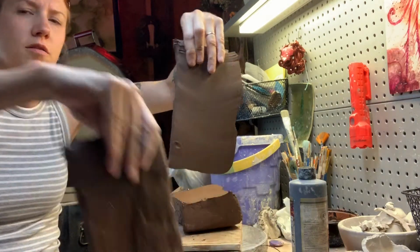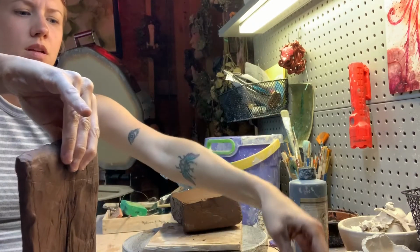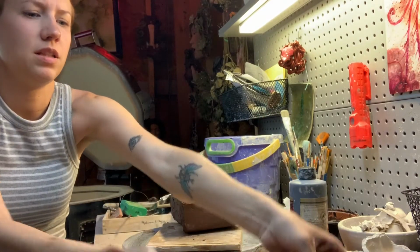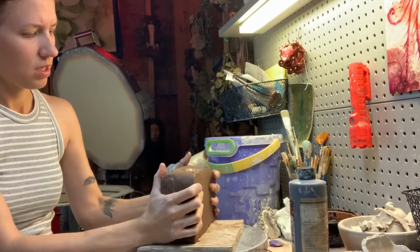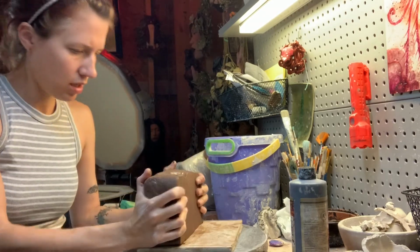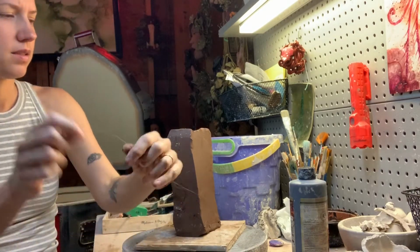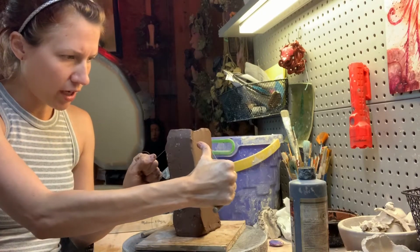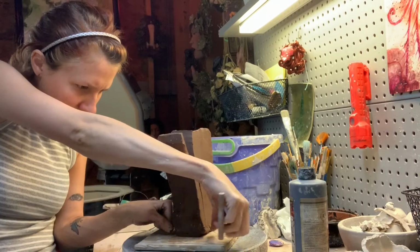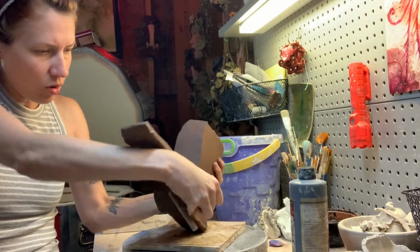So now I have the front and the back piece, and I need some for the sides. So I'm gonna just go with this thickness, pat it into a square, and then I'm gonna use these for the sides. There's already a nice shape there. Trying to minimize the amount of clay I'm using because I don't have a whole lot left,